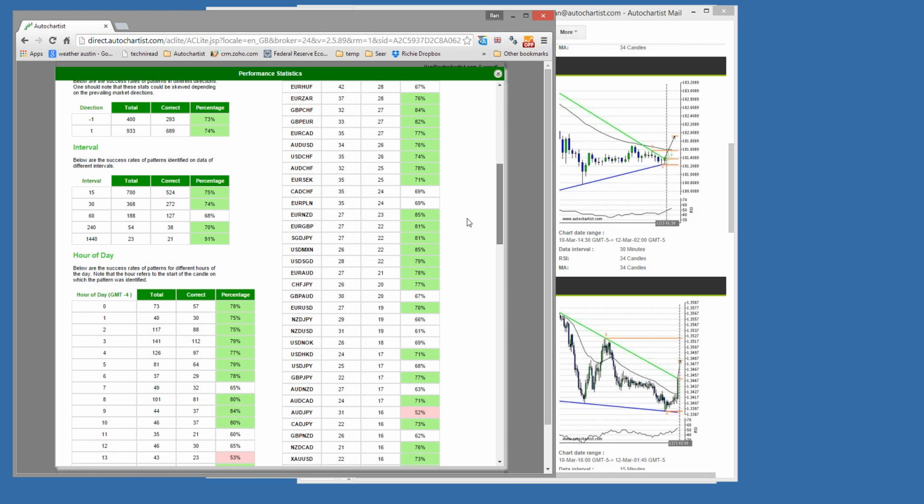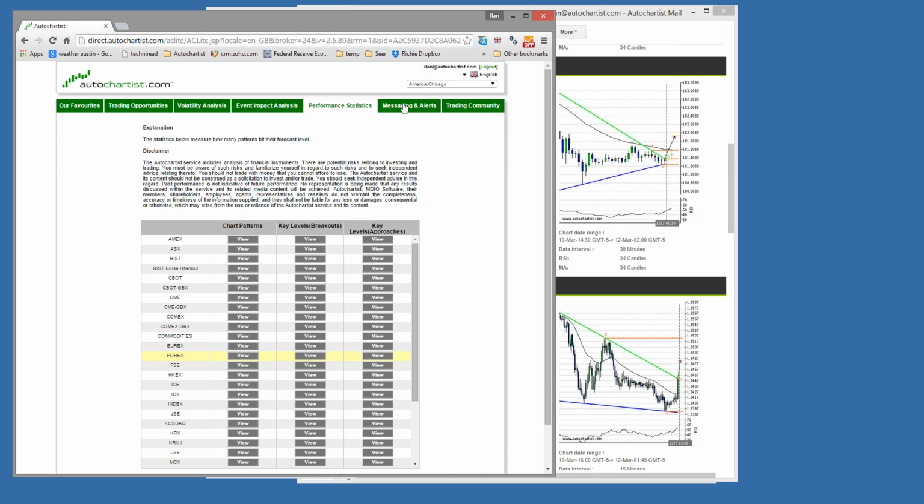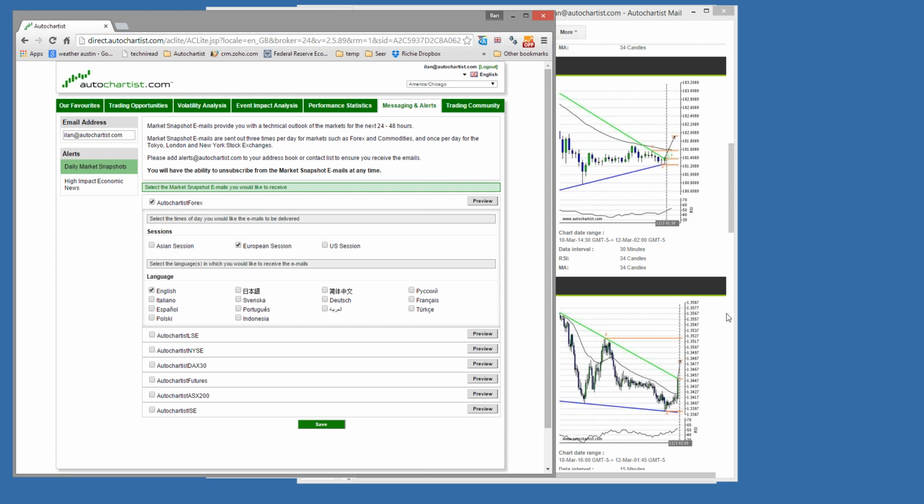Again, European session results are far more lucrative than sessions during the US. I didn't really plan on getting into this, but this is one of the reasons why I also subscribe myself to the messaging and alerts for the European session, because I feel that those opportunities would potentially be far more lucrative to me as a trader. So I hope that explains that.